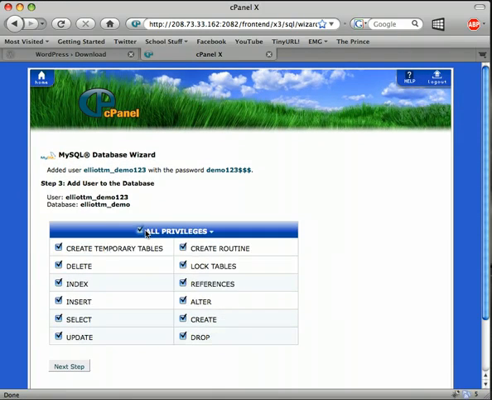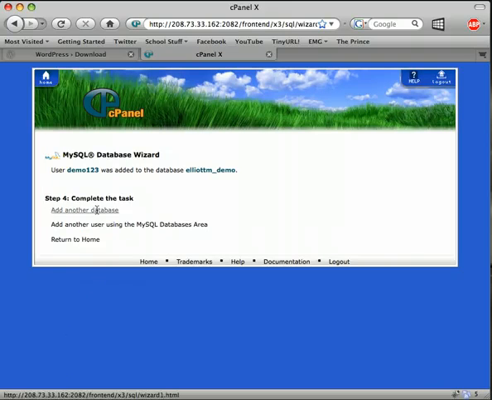We also need to give it some privileges, because this user is basically going to be used by WordPress when it accesses the database. And you can see how it's got the elliottm prefix there. That's very important. It won't work if you don't use that in the next step. But I'm getting ahead of myself. Anyway, so we've now completed the task. And it gives you some more options, but we're just going to leave it there for now so we can